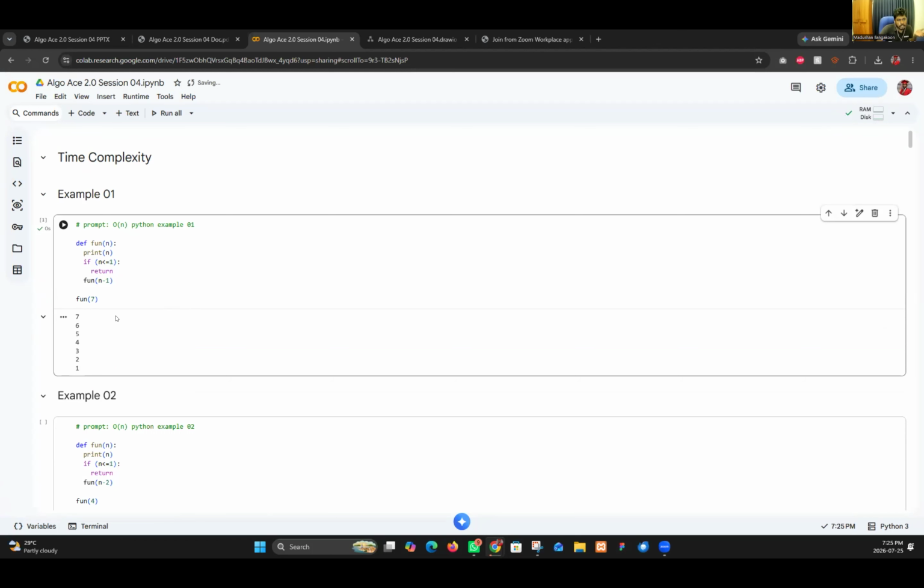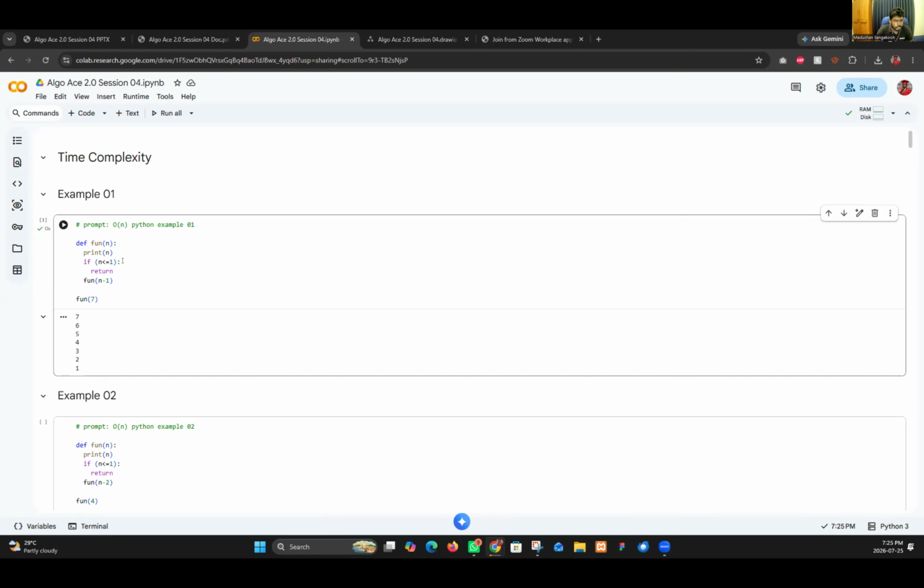What I did was print out 7 to 1. This is a function. Rather than going for an iteration, I used a function.